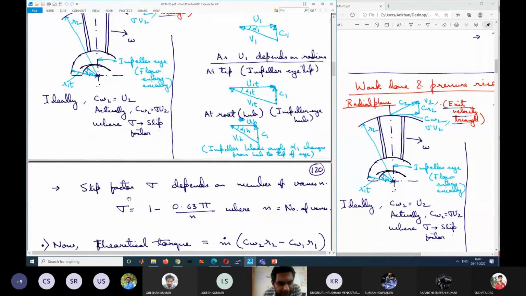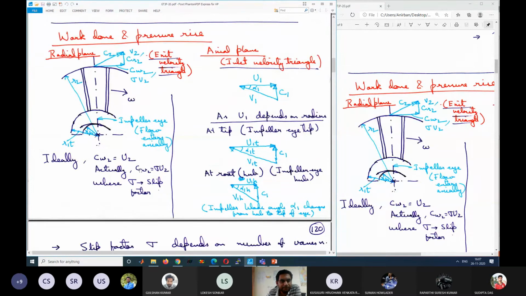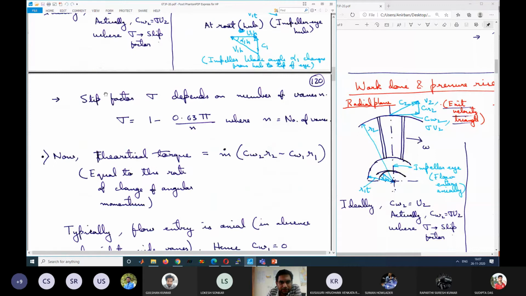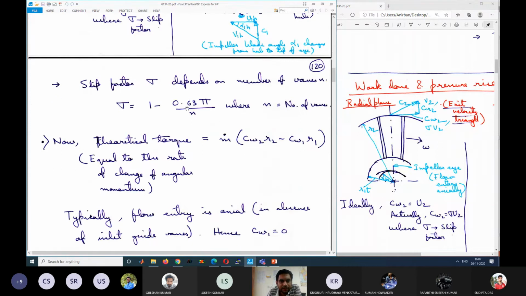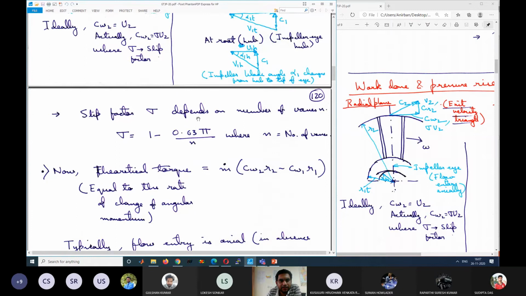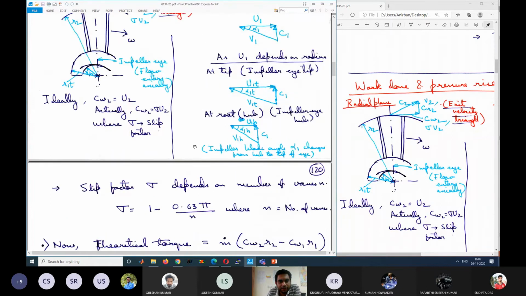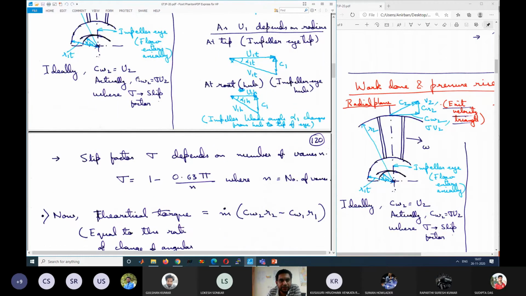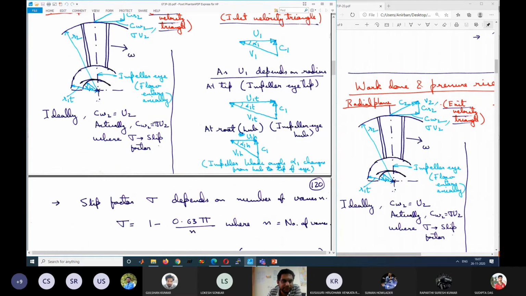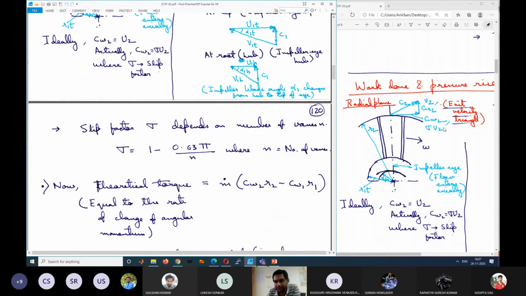So if you want to increase sigma, you can increase the number of blades, so that less slip is there. But in that case, if there are more blades, your flow area will decrease, because the vanes also take some cross-sectional area. The channel area will decrease, and frictional losses will be more. So you have to go to an optimum value. If you take a very small n, then flow area will be more, but the value of sigma will be less. So CW2 will be less, which is not beneficial. You want large CW2, as we will see later. So keep this diagram in mind.